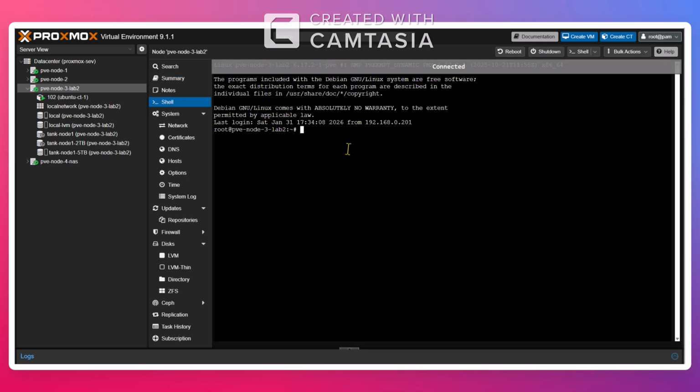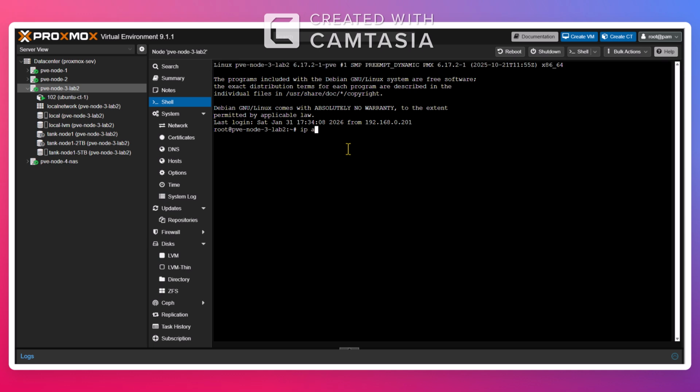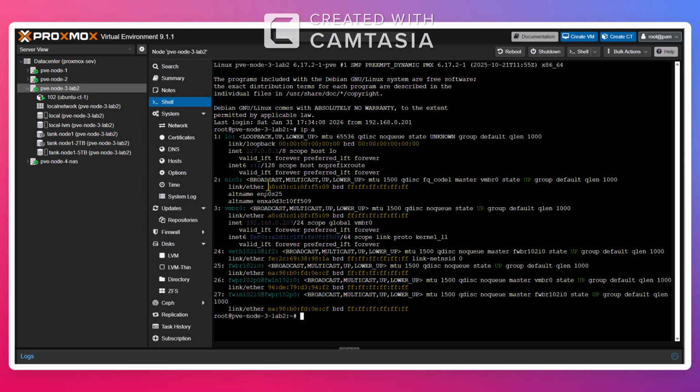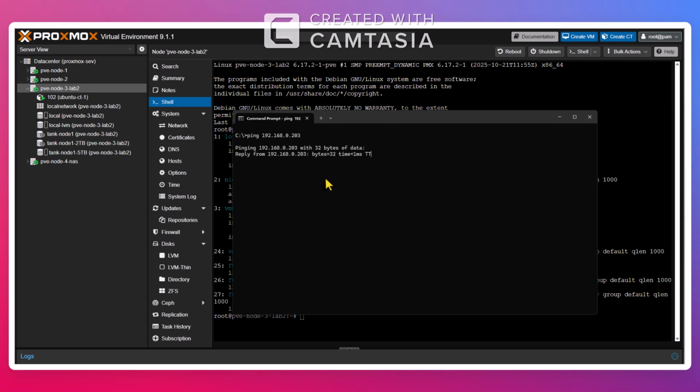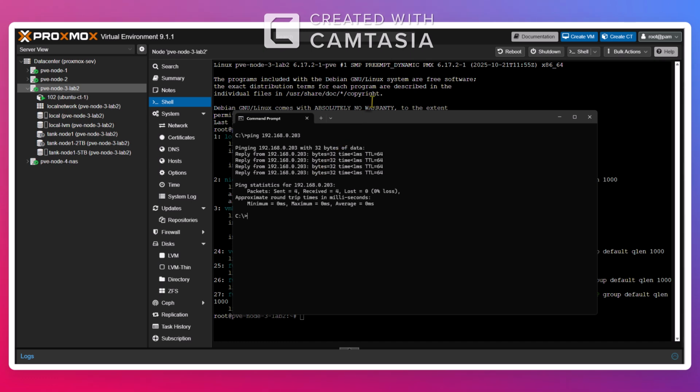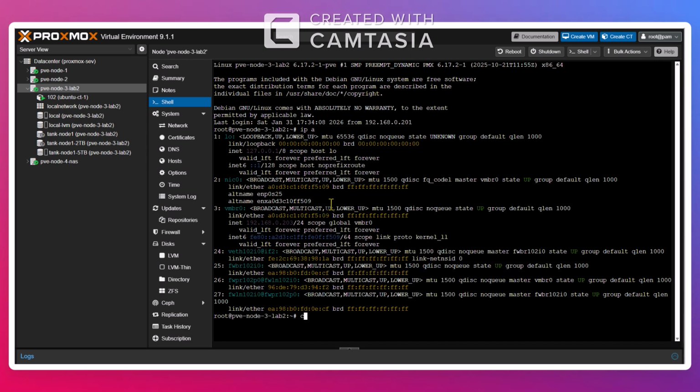Let's go to shell, IPA. So where is it? So that's my IP 203. If I go now to terminal, I want to ping it. I can ping it, no worries. But that's in the local network, right? But what we want to do, we want to install